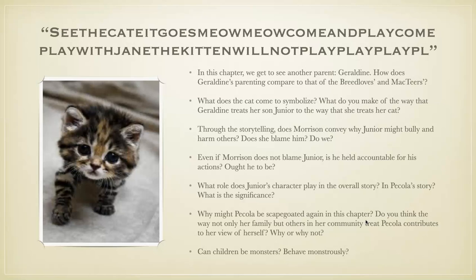The scapegoat idea continues here. There's some irony in the fact that Pecola again gets blamed, even though she's the one trying to protect the kitten. And why might Geraldine unload on her and the other children in the way she does, rather than directing that angst toward the perpetrator of the violence? And I'm really interested in learning what you think about this: can children be monsters, behave monstrously? Again, that concept of